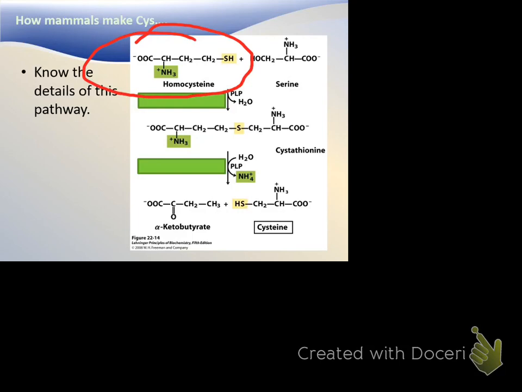Does anyone know where we get homocysteine? We can make it in our body, and it does not come from cysteine. What does it look an awful lot like? Another amino acid. It's methionine that has been demethylated. That terminal methyl group on methionine is a sulfide, an RSR. The methyl group gets removed and becomes homocysteine. So for us, we make cysteine from methionine and serine. Plants and bacteria only make it from serine, and they get the sulfur from sulfate. We get our sulfur from methionine.